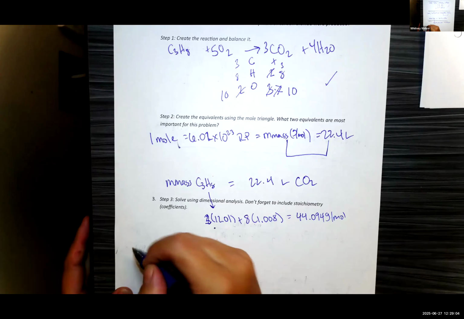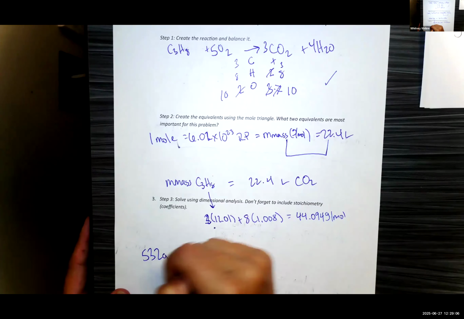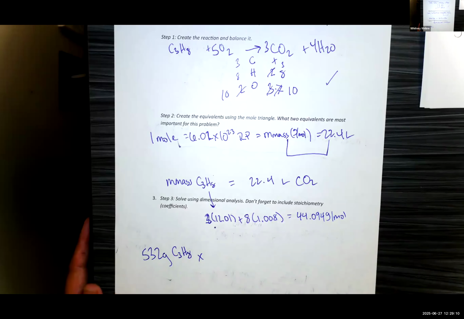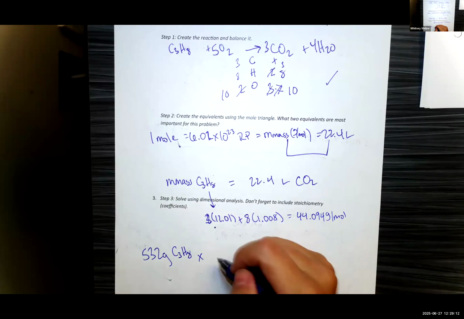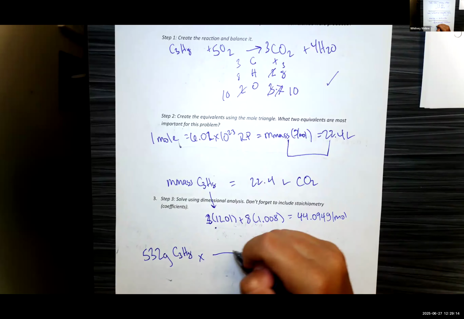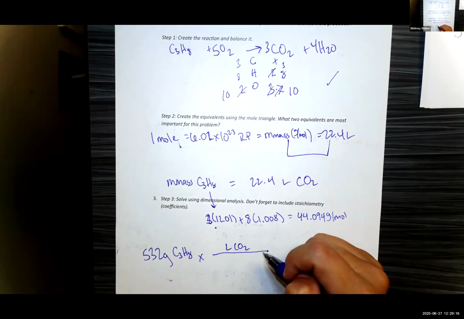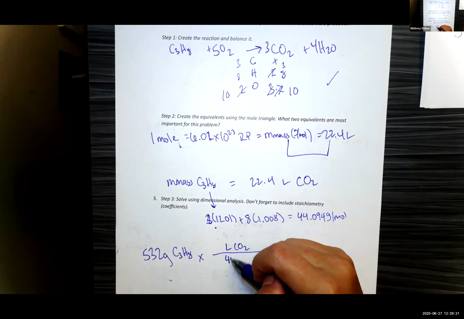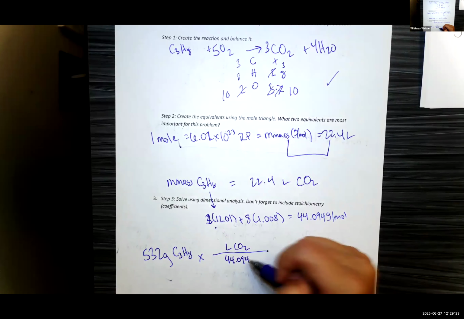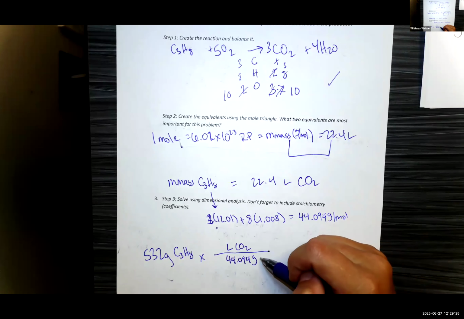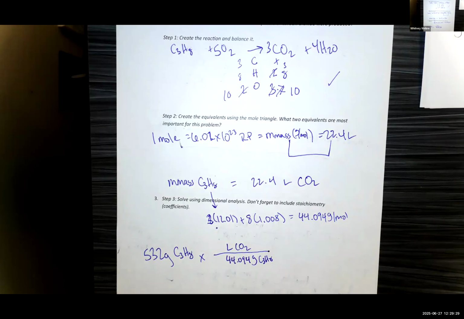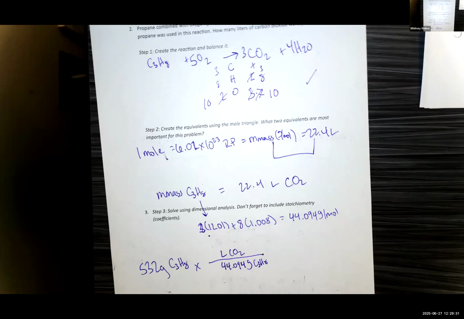Next, start with what you're given, 532 grams of C3H8. You want to have what you want on top, and that would be liters of CO2. What you're given is on the bottom. In this case, it is the molecular mass, 4.094 grams of C3H8. But you cannot leave it like that, because if I look at the balanced reaction up